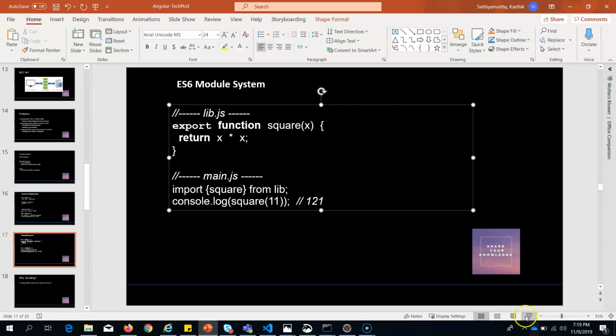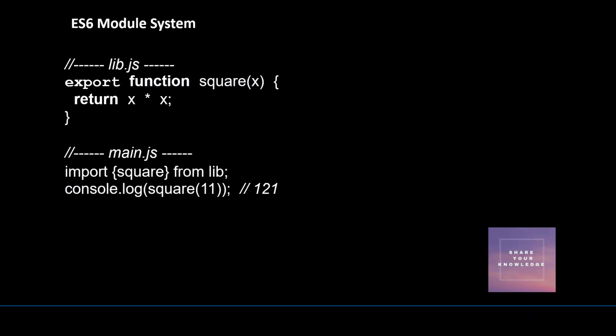So I use import to get this function from lib.js, and then I call it with 11 squared, which will result in 121. This is about ES6 module systems. Okay, so this is about module systems,